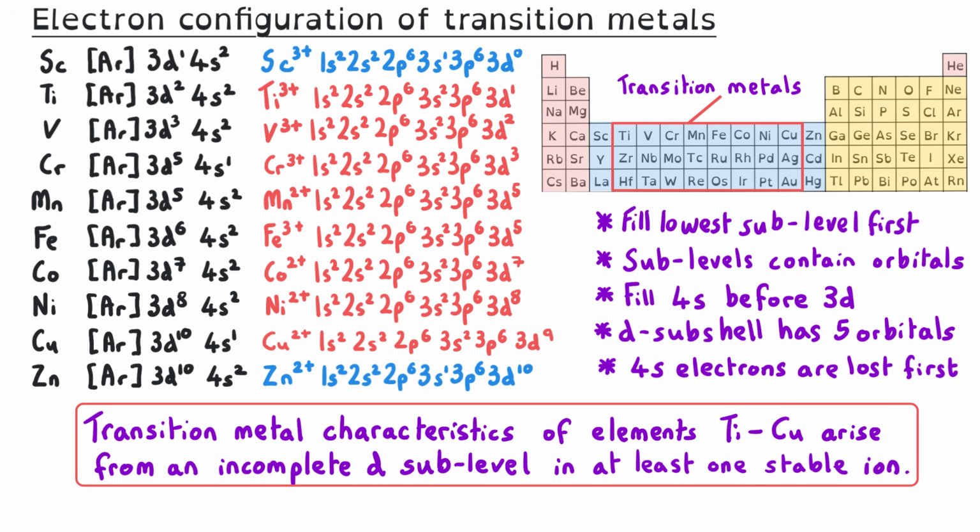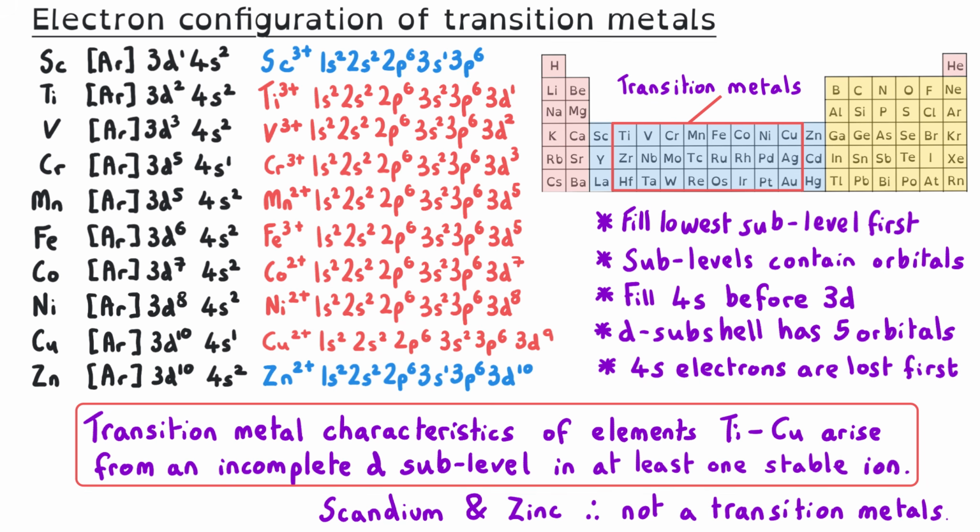Scandium and zinc are exceptions. Scandium typically only forms a 3+ ion, which means its D subshell is in fact empty. Zinc typically only forms a 2+ ion, and it loses its 4s electrons to do so, and so the 3d subshell is in fact entirely full. Therefore, scandium and zinc are not considered to be transition metals because they do not form stable ions with an